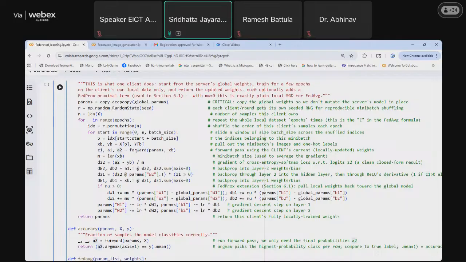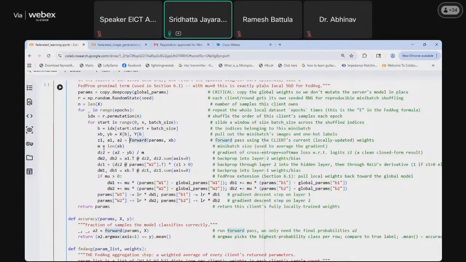So what we will do is we'll pass the parameters, that is we have initialized it like earlier, and the input xb, and we will pass it through the model, and this model will return us the three outputs z1, a1, and a2. And we will store the input length of the xb in m. And then, as we know the ground truth data here, we will start with the back propagation.